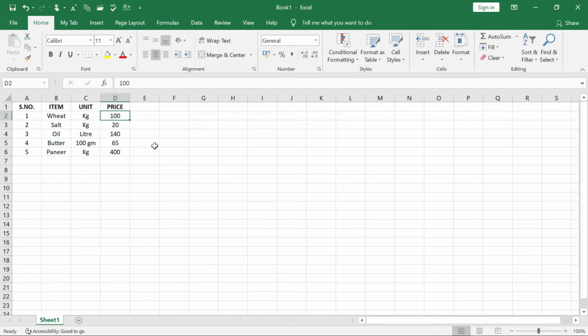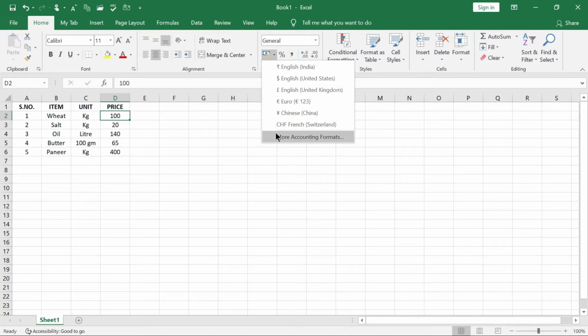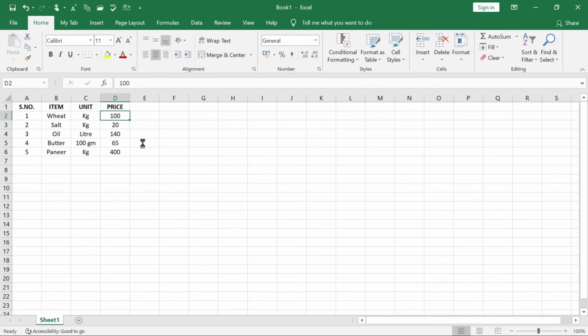First of all, you go to the cell where you want to add the currency symbol. Then you go to the home tab, and this is the number group. From the home tab number group, you have to find the accounting number format. From here you can get the list of symbols, so wherever you want, you can easily insert it. Suppose I want the Indian rupee, I click over here, and the Indian rupee will be added. This is one process.